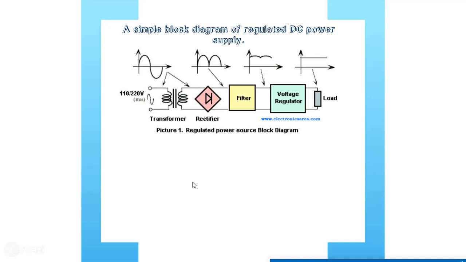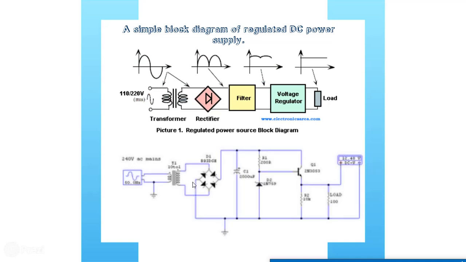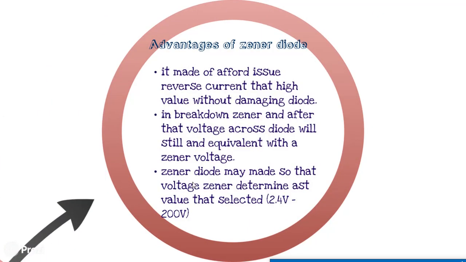Now let us see how exactly a Zener diode is used. A Zener diode is basically used for a regulated power supply. We have a transformer, which is sent to a rectifier, which reduces the fluctuations, then to a filter, and then to the voltage regulator. The voltage regulator contains a Zener diode which identifies how much voltage is to be regulated. Accordingly, it is designed, the voltage regulation happens according to the design, and that is sent to the load. This is a general circuit representation of a Zener diode.